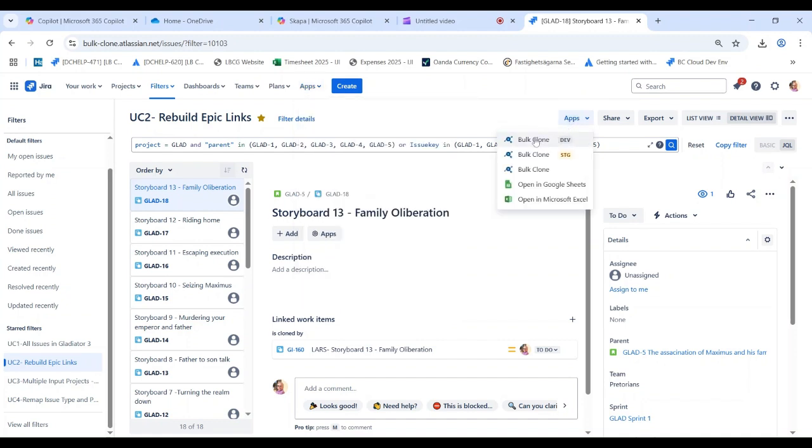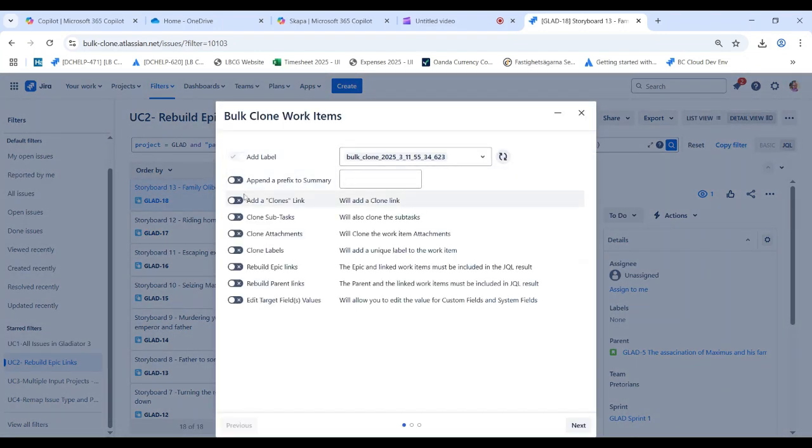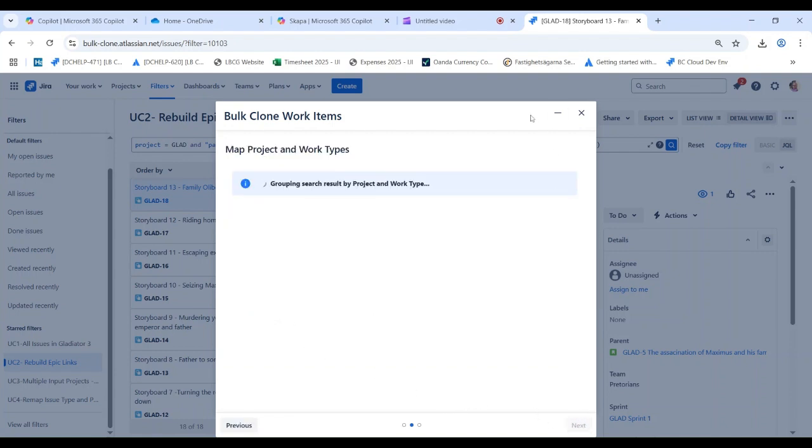Let's activate the Bulk Clone app. So I have searched out what I want to clone, and here you have the different options. So I'm going to limit myself to subtasks, attachments, rebuilding of epic links, and some of the target fields I want to alter also when I do the cloning. So I move to next,